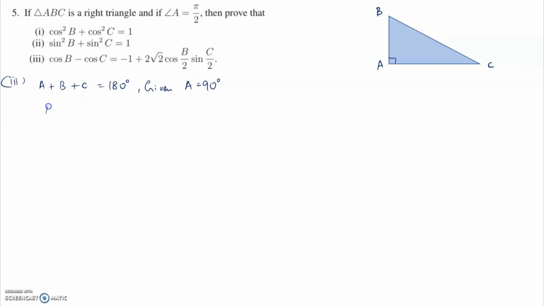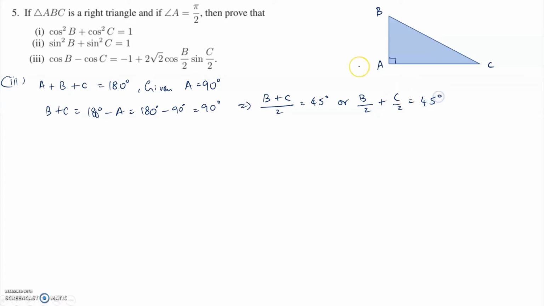Therefore, our B plus C must be equal to 180 minus A, which is 180 minus 90 degrees. So that's equal to 90 degrees, which implies our B plus C divided by 2 will be equal to 90 divided by 2, which is 45 degrees, or we can say B by 2 plus C by 2 is equal to 45 degrees. Let's first take the right hand side. So the right hand side